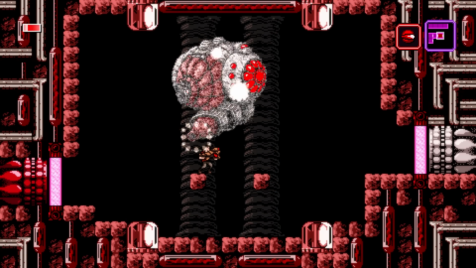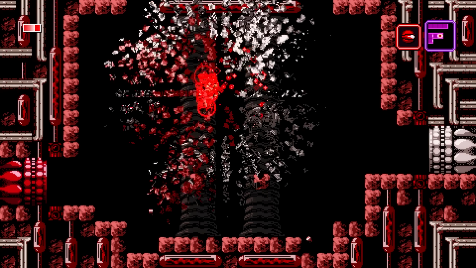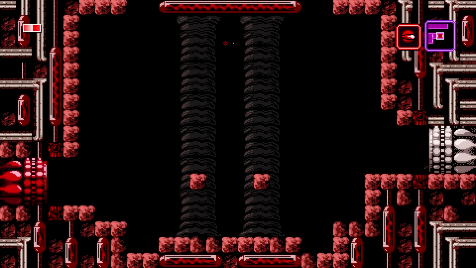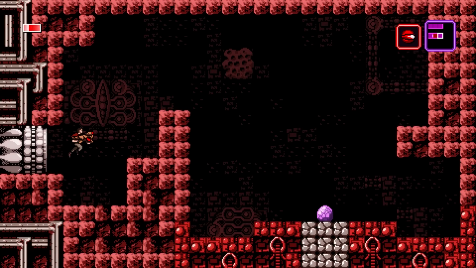And that was very easy indeed. Give me the red stuff. Give me your bits. And we'll progress through, I guess. So that was a boss. Oh, and we get a...